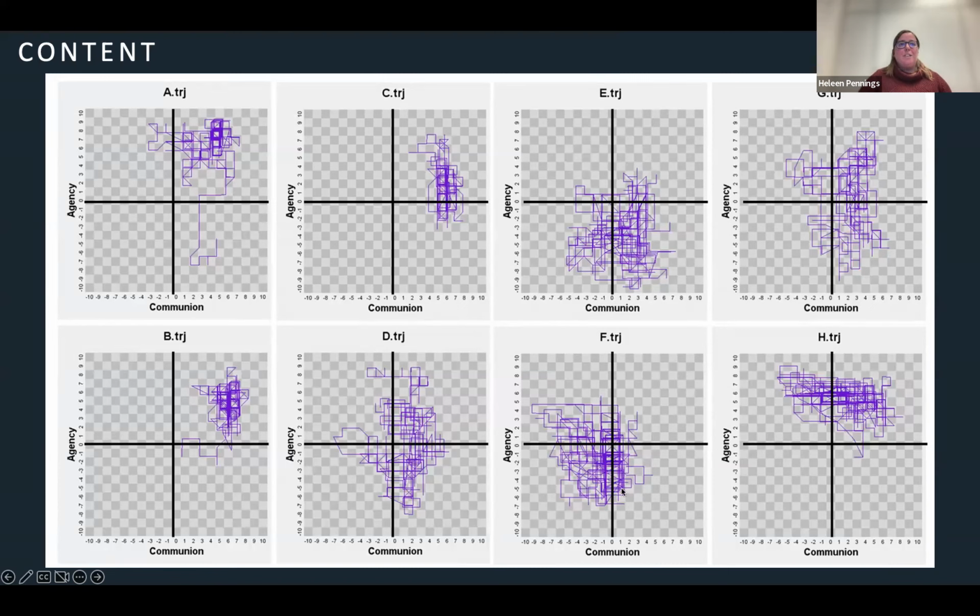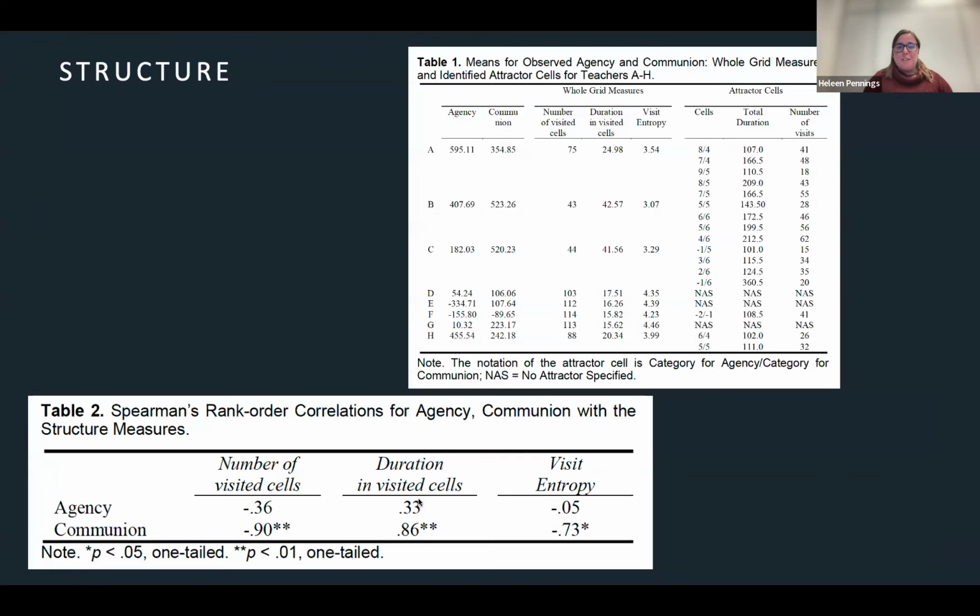And these were teachers with low levels of communion and agency. So these 3, I think it was D, F, and E. Maybe it was, well, at least I haven't described this in my notes, unfortunately. So that was a nice start for us to study interactions with state space grids.